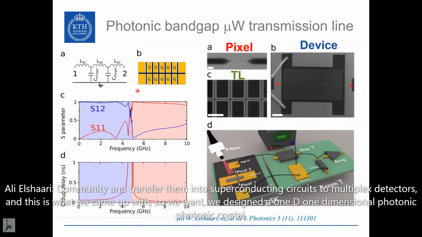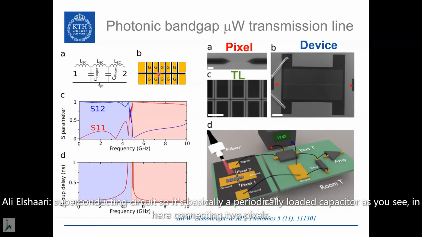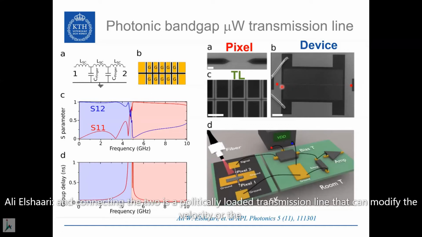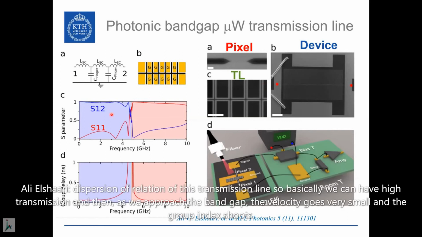So we designed a one-dimensional photonic crystal superconducting circuit. It's basically a periodically loaded capacitor, as you see in here, connecting two pixels. So this is a proof of concept. This is pixel 1, where you will have the detection, and this is pixel 2. And connecting the two is a periodically loaded transmission line that can modify the group velocity or the dispersion relation